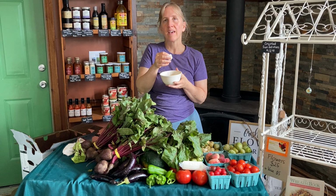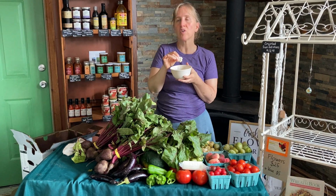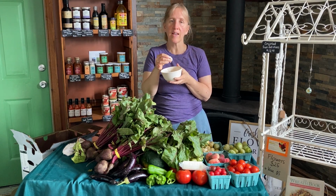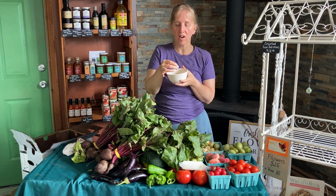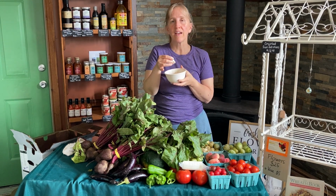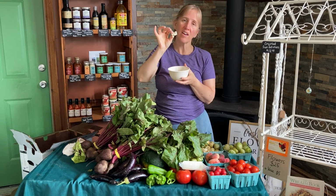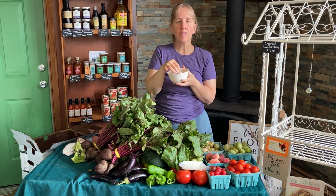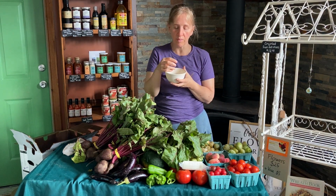But the advantage of having kefir, what's different between kefir and yogurt? Yogurt has 1 to 4 different kinds of bacteria in it that are causing it to become yogurt with that live culture activity. These have hundreds of different yeast and bacteria, and they're all beneficial, and they're thickening the milk without heating it up, so your milk is staying raw,